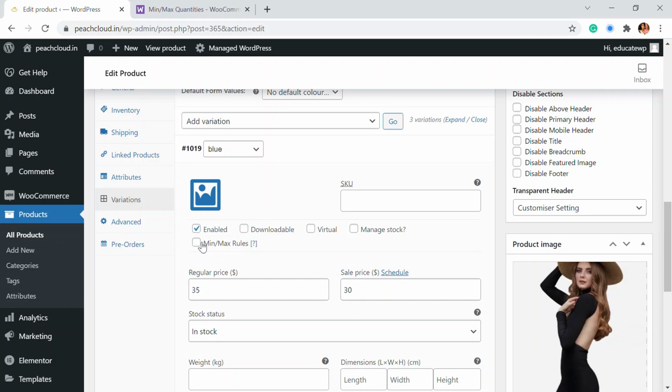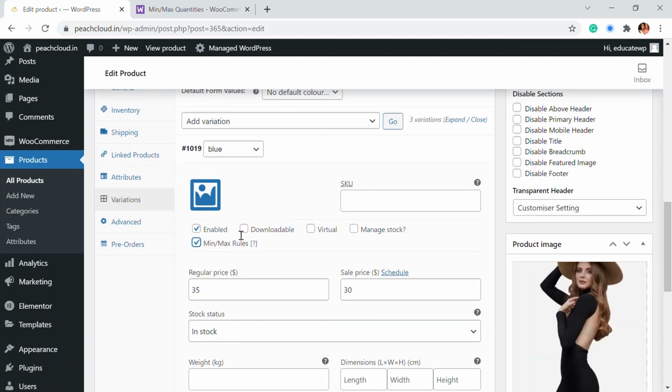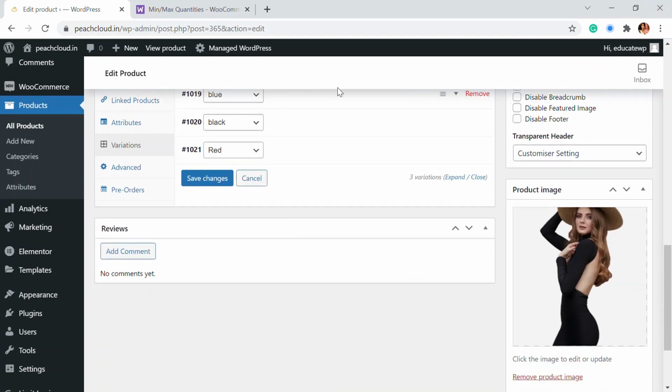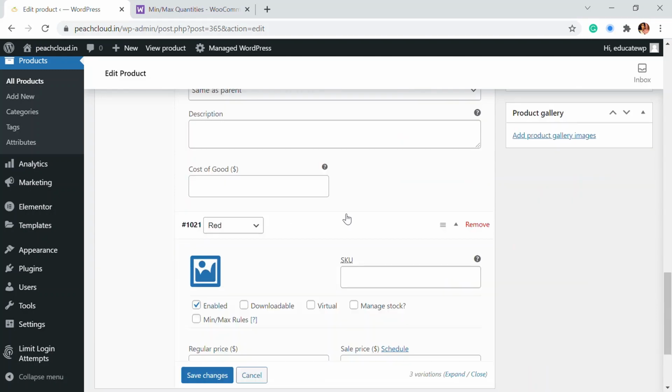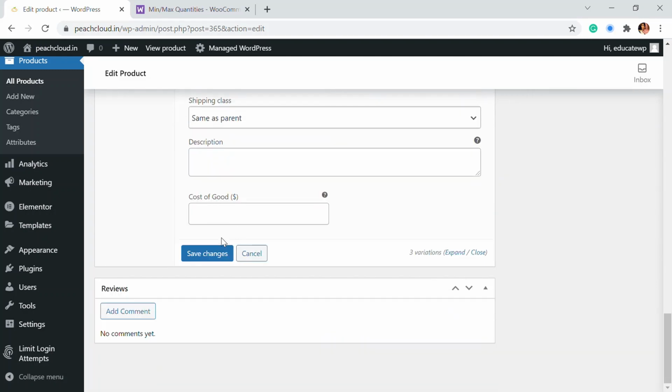So if you want to apply the minimum and maximum rules that we have set for that particular product, you can just click on that and those rules will be applied to this product. Upon doing this, all of the minimum and maximum quantity rules that we have set will be applied to this particular variation, and similarly you can add it to the other variations as well, so that these rules will be set. So I'm just going to save these changes.